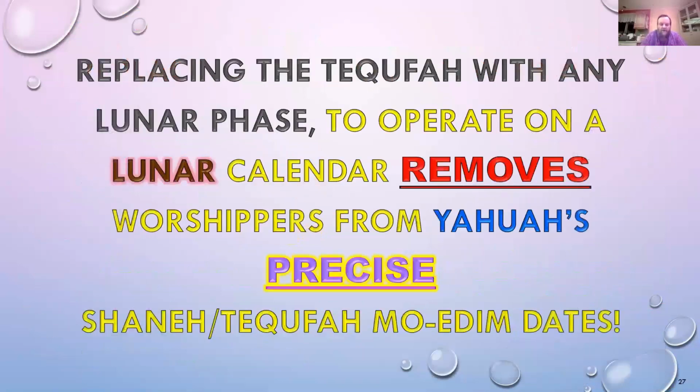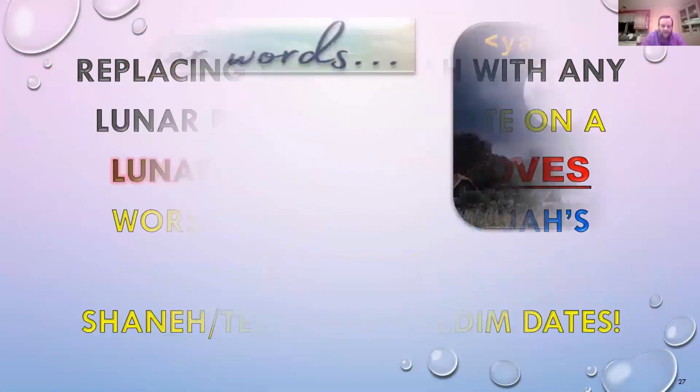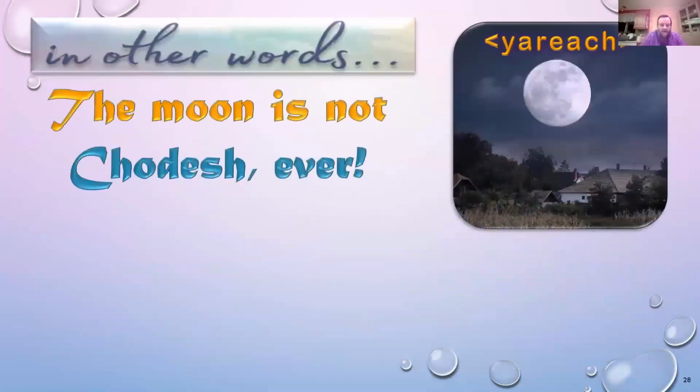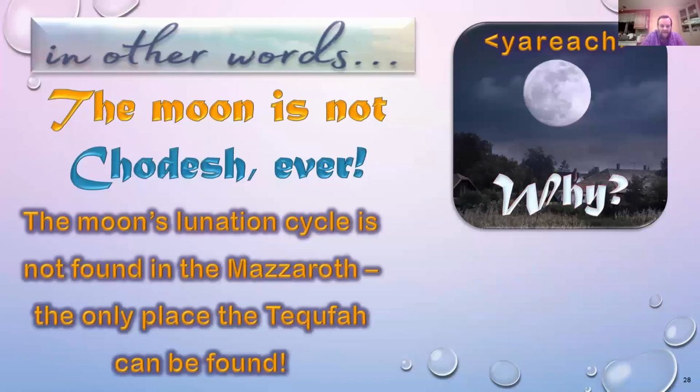Replacing the Tequfah with any lunar phase to operate on a lunar calendar removes worshippers from Yahuwah's precise Shanei Tequfah Moedim dates. In other words, the moon is not Kodesh, ever. Why? The moon's lunation cycle is not found in the Matzeroth. The only place the Tequfah can be found